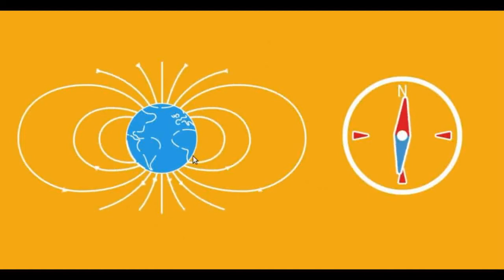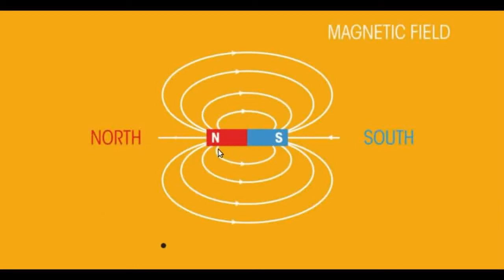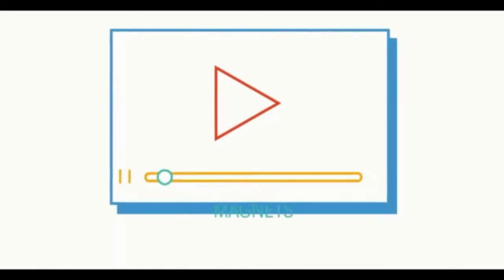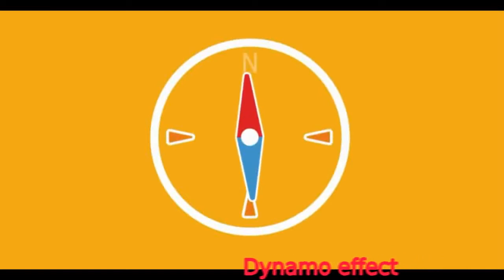So here you can see the magnetic field of Earth, and this is how the magnetic field lines are present around a bar magnet. This is the axis of the bar magnet, and the field lines are moving in this way, and actually this is a continuous path. The path is continuous inside the bar magnet also. The magnetic field lines form a loop, that we have already learned.